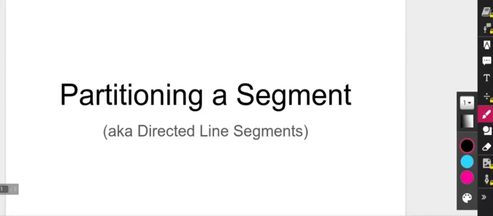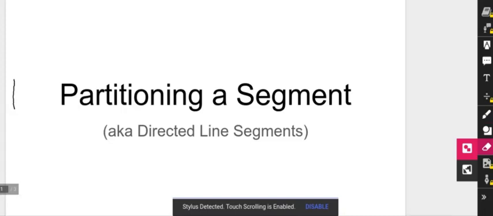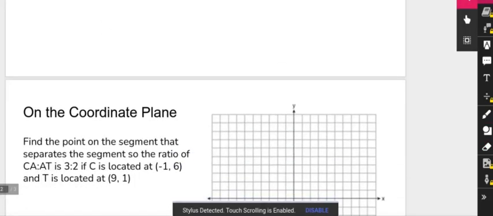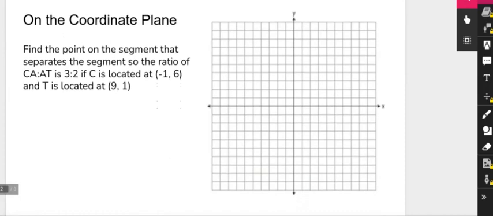We're going to talk about partitioning a segment, also known as directed line segments. If I look at my first example here, it says how I can do it on the coordinate plane. So there are two strategies. One is on the coordinate plane and one is off. The first question says that we're going to find the point on the segment that separates the segment so